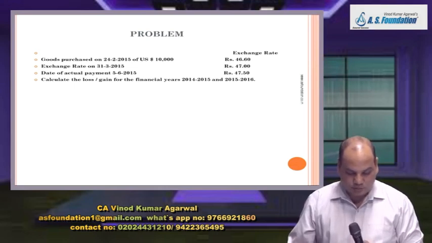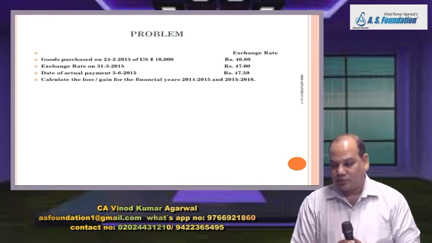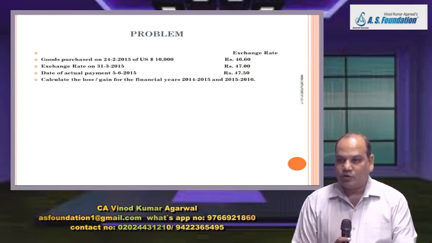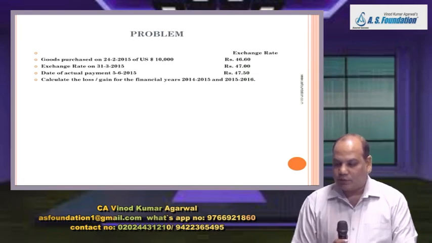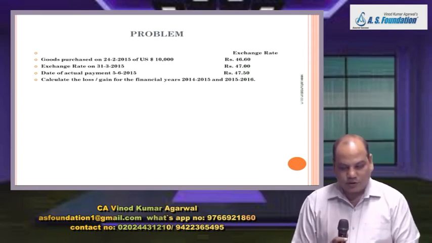Come to next question, 14. Goods purchased on 24th February 2015 is US dollar 10,000. So that day the rate was 46.60. Exchange rate on 31st March 15 is 47. Date of actual payment is 5th June. On that day rate is 47.50. Calculate the gain or loss for the financial year